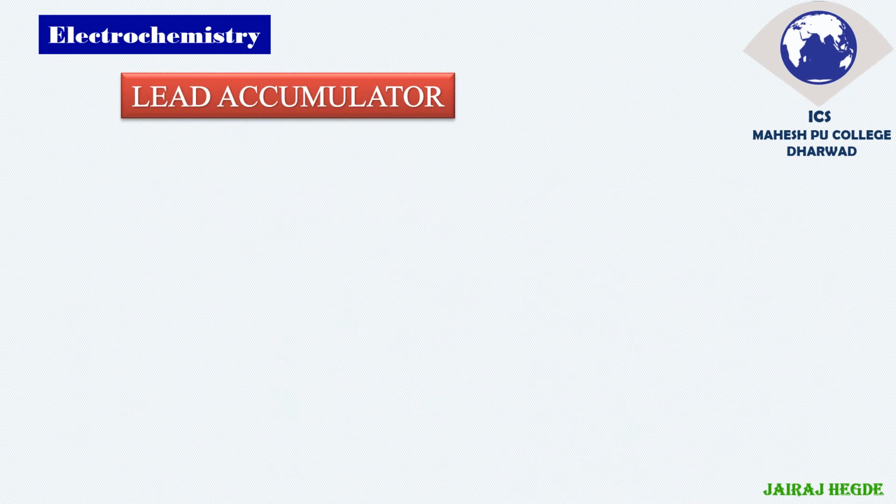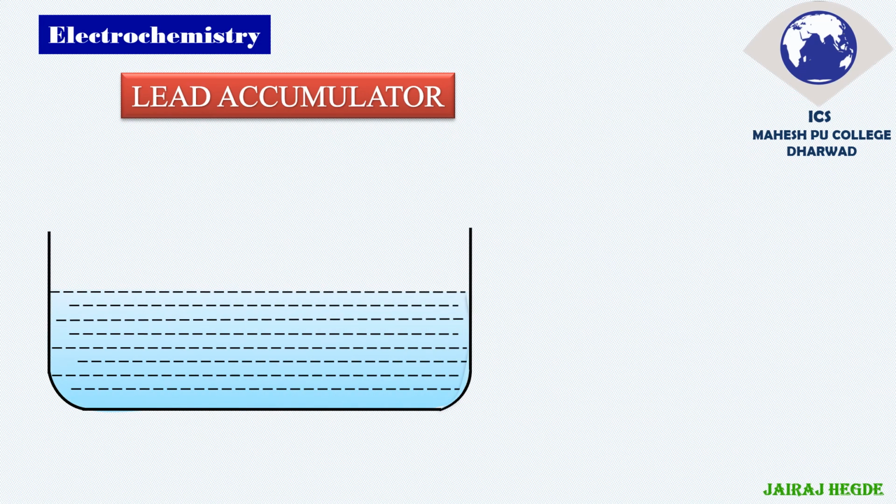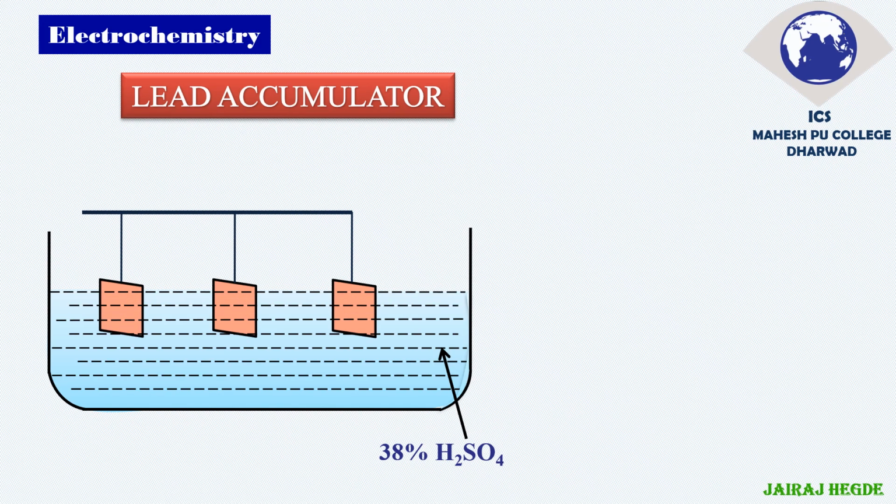Let's go for the other cell, the lead accumulator or lead storage cell. This cell is a typical example of a wet cell, a secondary wet cell. In terms of size it is quite huge. It is not as handy as the nickel cadmium cell. It is very huge. This contains 38% concentrated H2SO4, and this H2SO4 contains